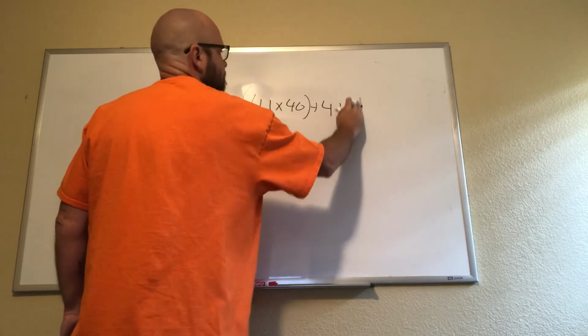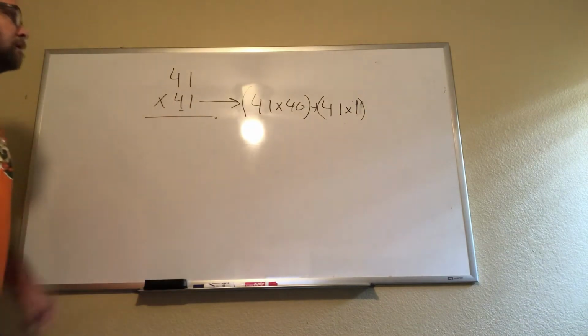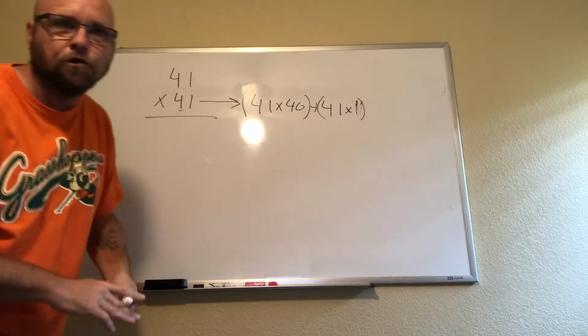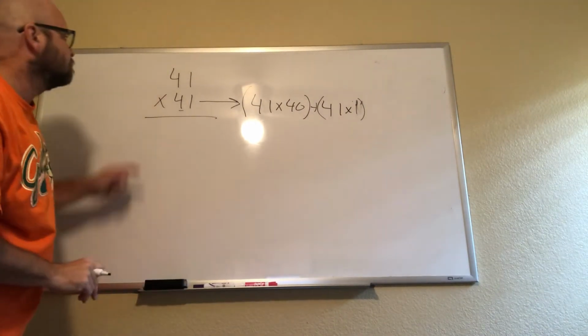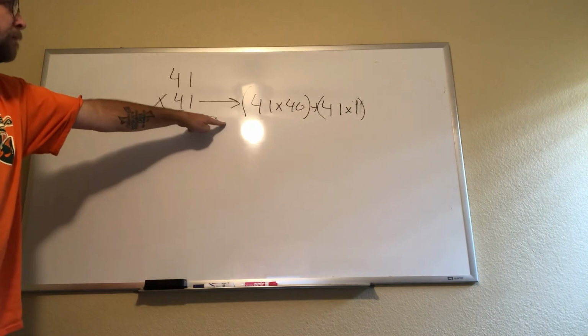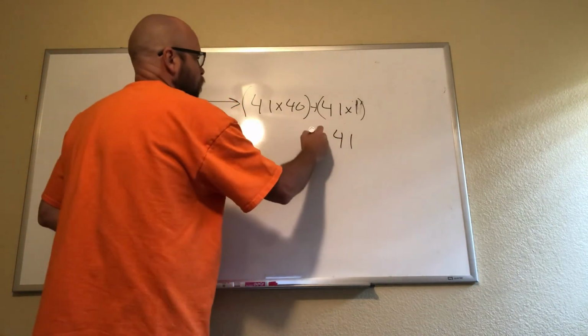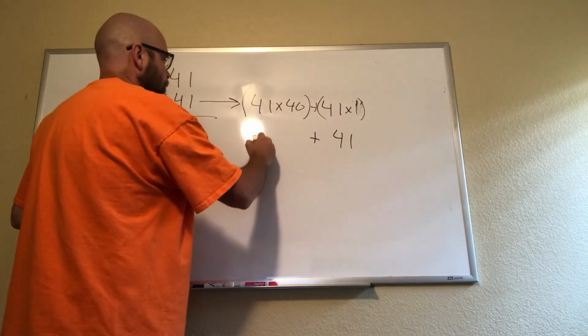Or I'm sorry, 41 times 1, because I have a 1 in the ones place. So all I did is break this down into two different parts into expanded form. And then I can do 41 times 1 is obviously 41. 41 times 40